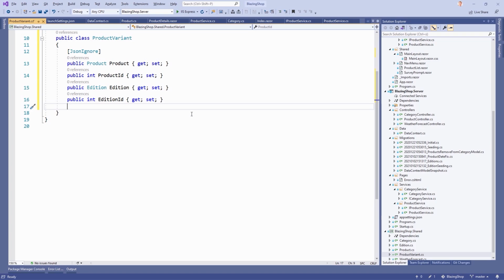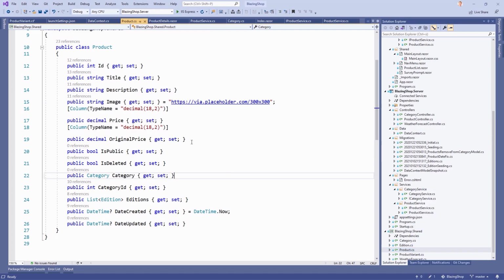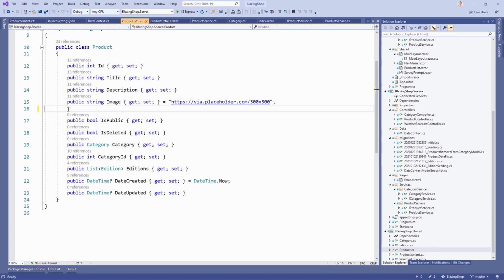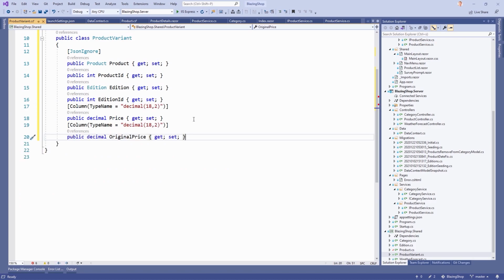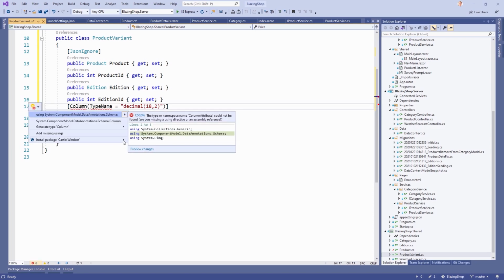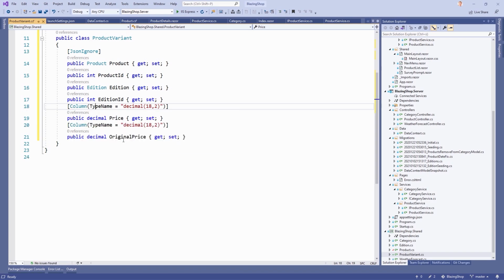And so we've got the product ID and the edition ID, and now the next part is interesting. We move the prices from the, let's call it base product, to the variant, because every different edition or every different variant has another price. For instance, the ebook is cheaper than the paperback and the audiobook is more expensive, and that's actually what you guys wanted, right? So you wanted to have different prices for different variants. And this should be our model already. So we've got the product and the product ID, the edition with the edition ID, and then the price and